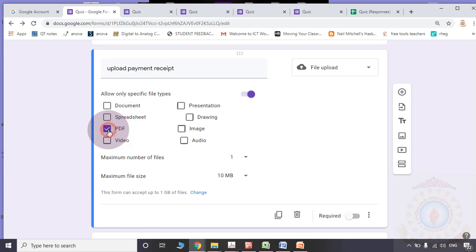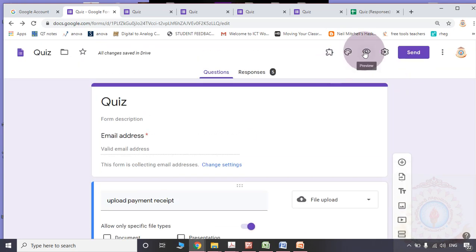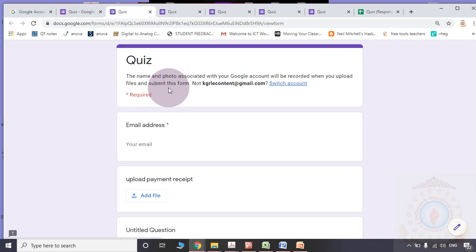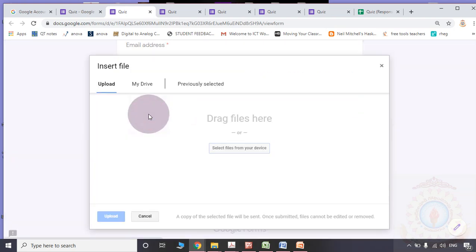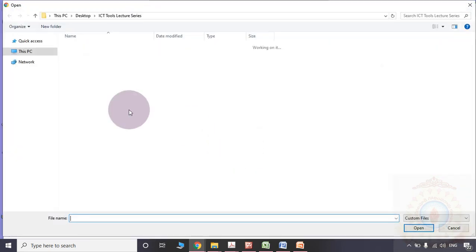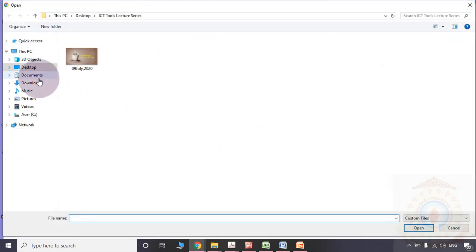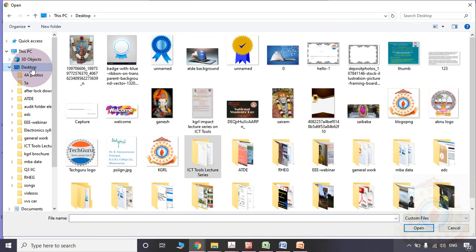Now I want to choose image. Now let us see the preview once again. Please observe.